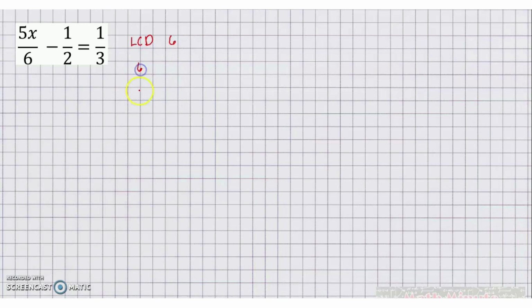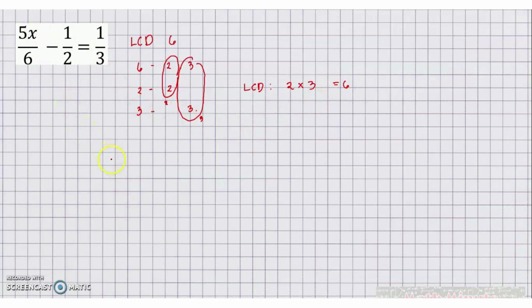So how do we get the least common denominator here? We have 6, 2, and 3. What you're going to do is to list the prime factors of each. The prime factors of 6 is 2 times 3. 2 is 2 only. And 3 is 3 only. So what you're going to do here is to pair them up. This is considered as 1, 2 only. And this is considered as 1, 3 only. So meaning your LCD will be equal to 2 multiplied by 3, and simply 6.